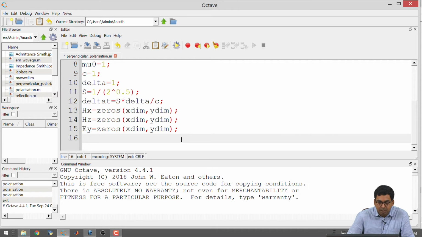Okay. And on top of that, I want to be able to use this program to model dielectric interfaces, just like what we have done in the theoretical parts, which means that when I am talking about a space grid and I want to talk about a dielectric interface, I want to have the power in the program to change the permittivity at different places. Okay. So, epsilon should be actually a matrix. We have put epsilon 0 equal to 1 and mu 0 equal to 1 prior in the program, but what I want to do is I want to create a matrix